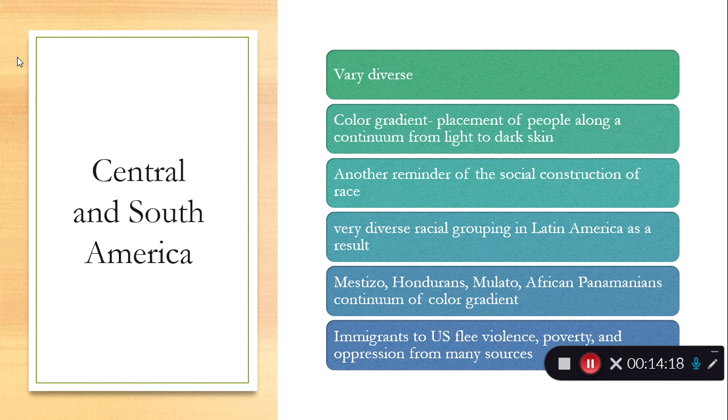Again, it's all about the color gradient. Going from light to dark determines your power. Again, this is just another reminder of the social construction of race, because in Latin America, you have races we don't have here, like mulatto and mestizo. Mulatto, African mixed with European, mestizo, Native American mixed with European, Creole, native born Europeans, but they weren't born in Europe, okay, so you have all these races you've never heard of because you're not in Latin